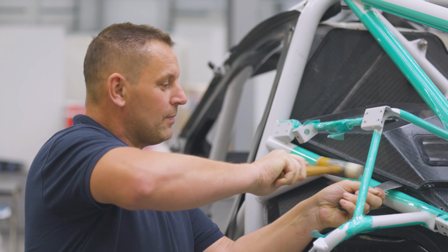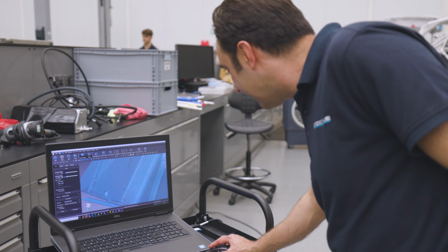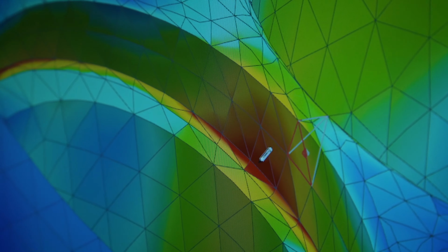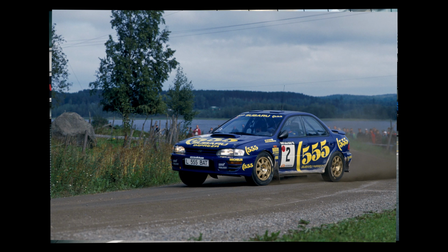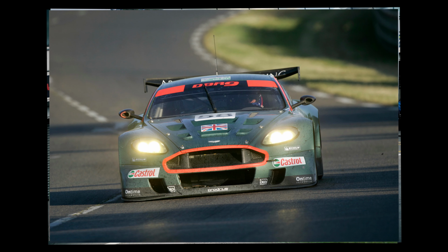Clearly, people is the key thing there. We have a very, very good team, particularly I'm very proud of my design team. Our team is fundamental to how we operate the projects, and we're outside of the design office as much as we are inside. The main issue we always have is actually time. Motorsport is a very fast-paced industry. We have to turn around complete car projects often in a time of, let's say, 6 to 9 months, which is